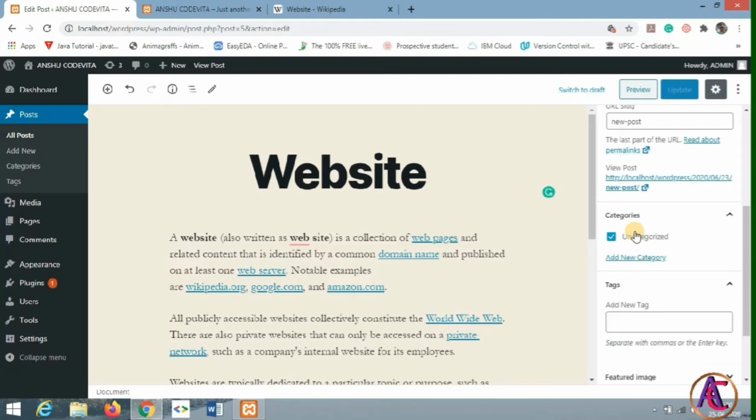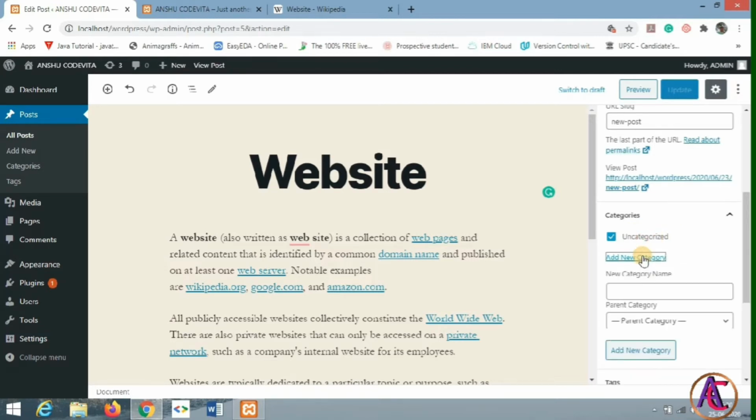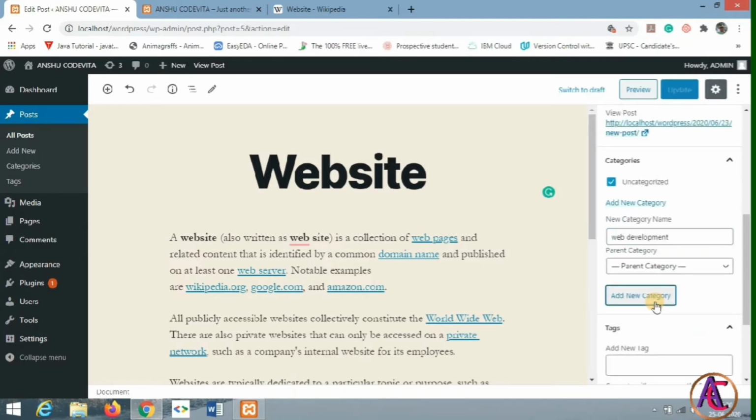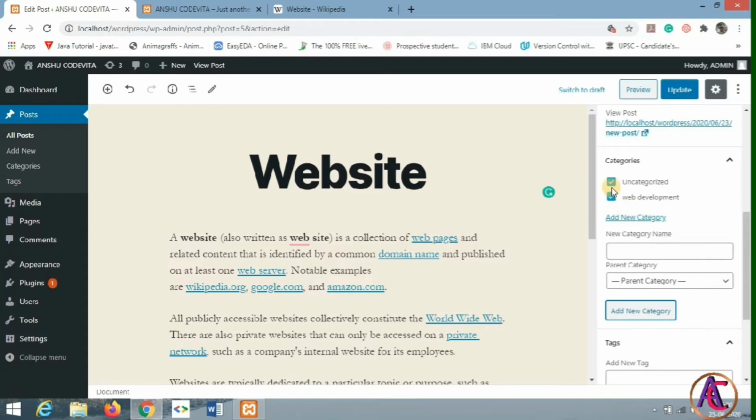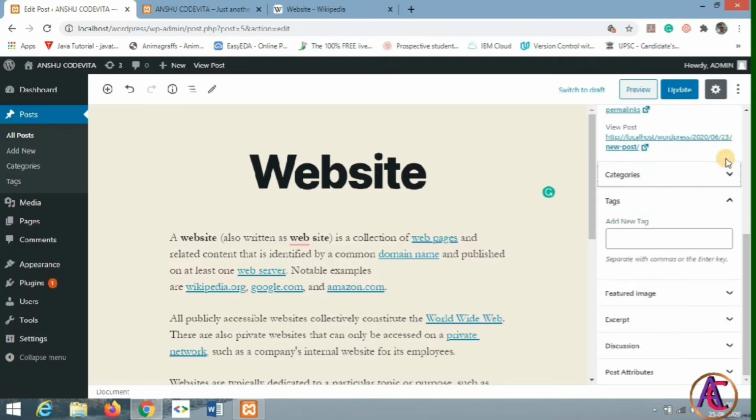Someone writes about coding, someone about comedy and many other things, so we have to categorize all our posts. So I categorize this post with web development. I click on add new category and uncheck uncategorized. It is my new category, web development.